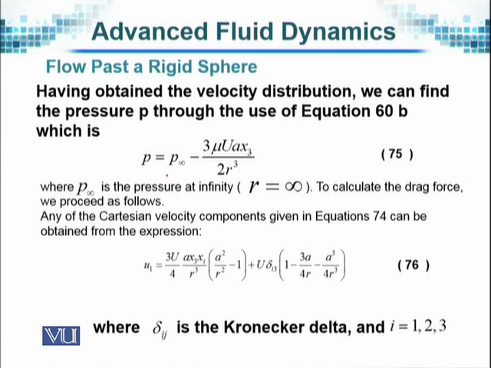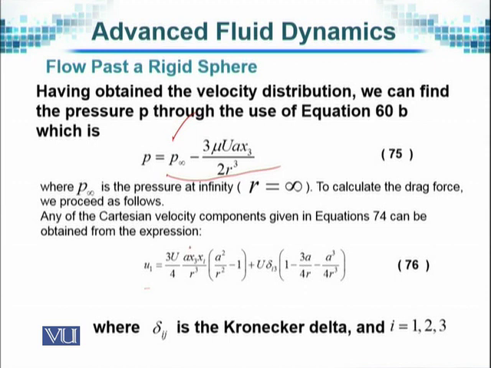The value of pressure turns out to be this equation, where P infinity is the value of the pressure at infinity. And therefore, taking together, we can write down the value of the Cartesian velocity component as